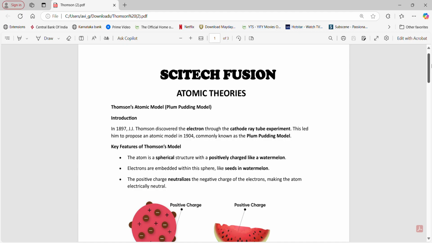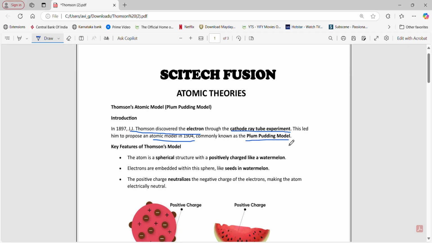So let's begin. Let's go back to 1897 when J.J. Thomson discovered the electron. As we all know, J.J. Thomson discovered the electron through the world's most important experiment in the world of atomic physics, the cathode ray tube experiment in 1897. This led him to propose an atomic model in 1904, commonly known as the plum pudding model